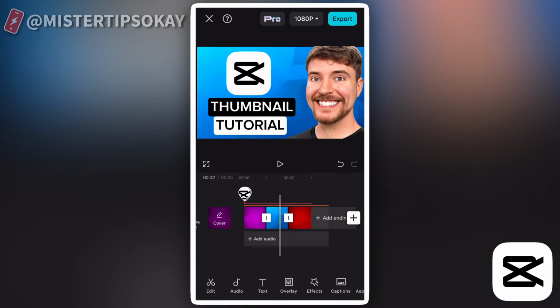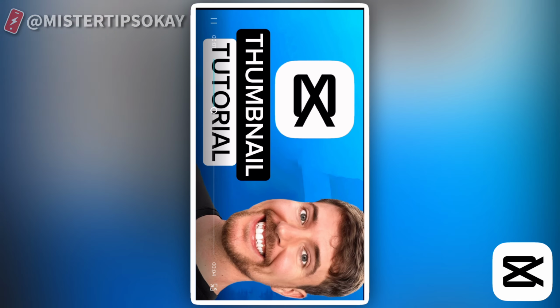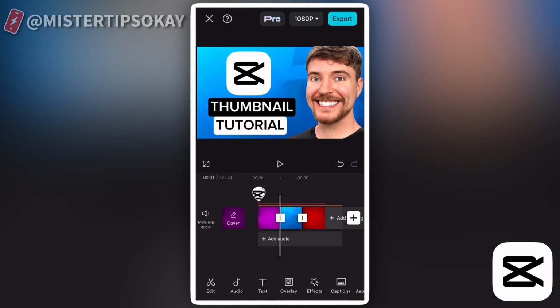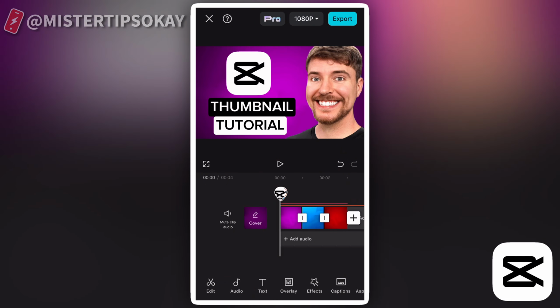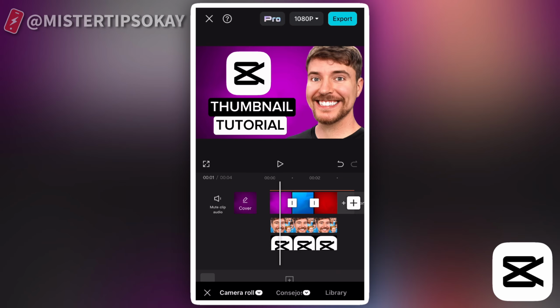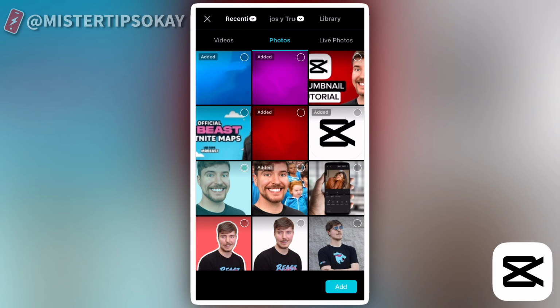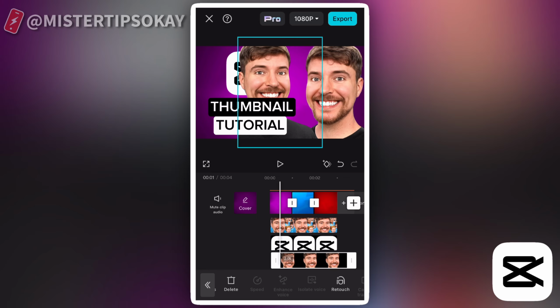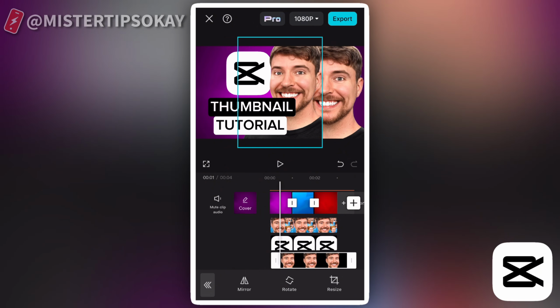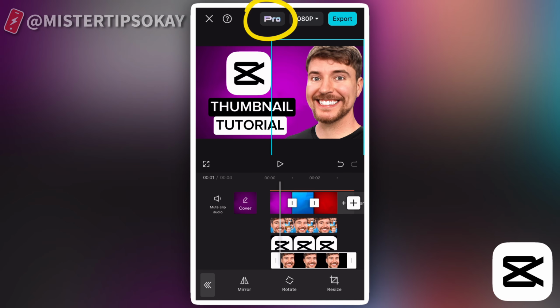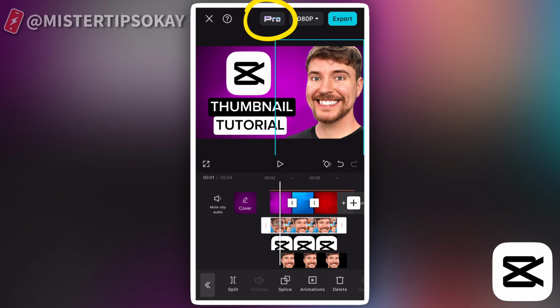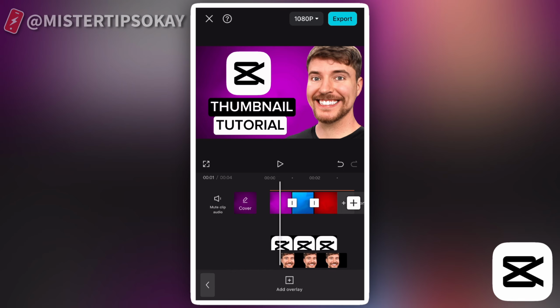What I did was remove the background using another app. If you want to know how to do it too for free, I'll leave the video in the description so you can learn how. Let's add this image to the project and set it up like we did with the first one. Place it on top and delete the image that was using the CapCut Pro function. As you can see, the Pro icon is gone and we can now render our thumbnail video. Tap the export button,